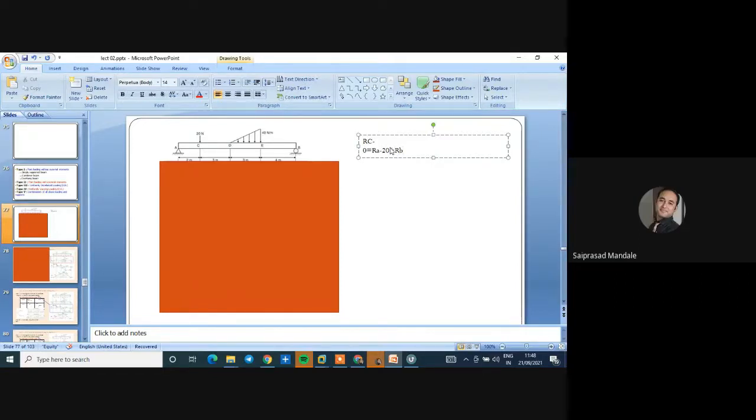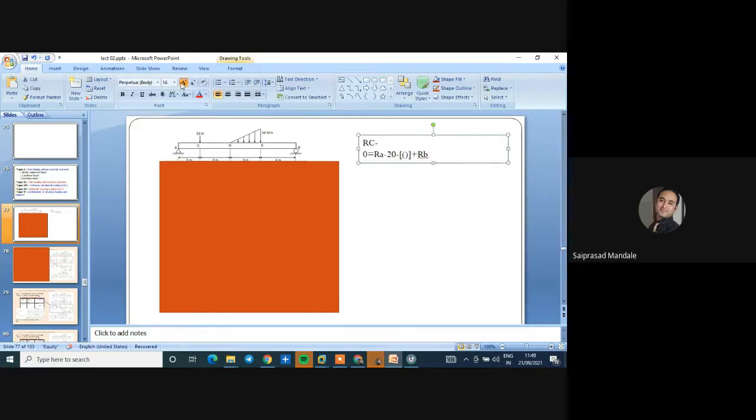Whenever we are doing the summation of Fy or moment calculation or force calculation, we start from the left end and move slowly from one end to the other. So this is the first point, this is the second point, and then we shift to this. Up to now, this is correct. The first point is RA as it is, minus 20 perfectly correct, and then the third is again the UVL, which is going downward, so we have to take it as minus.